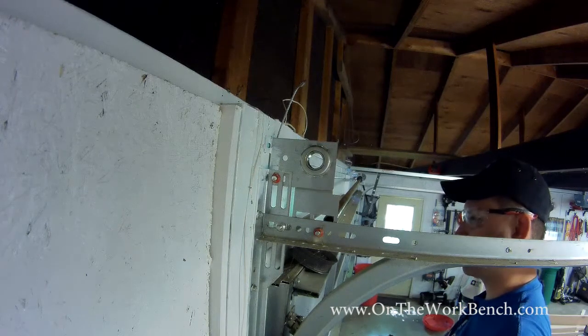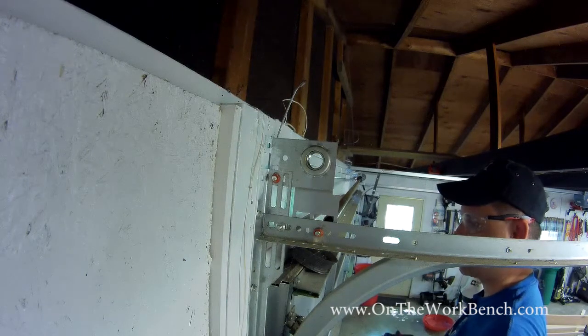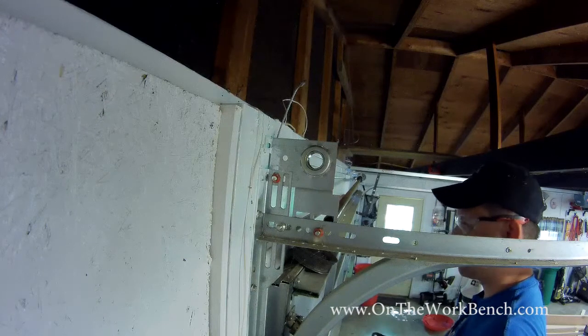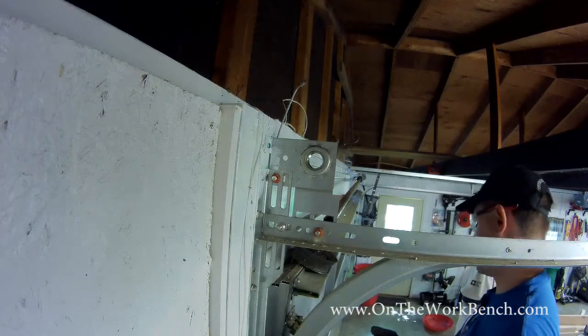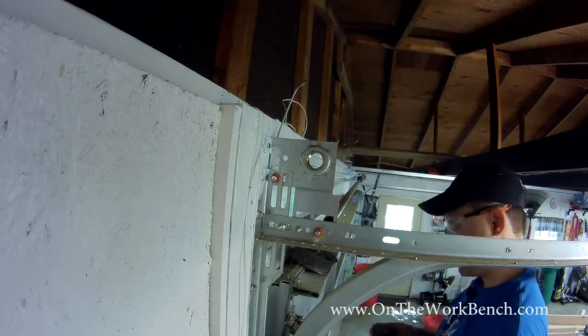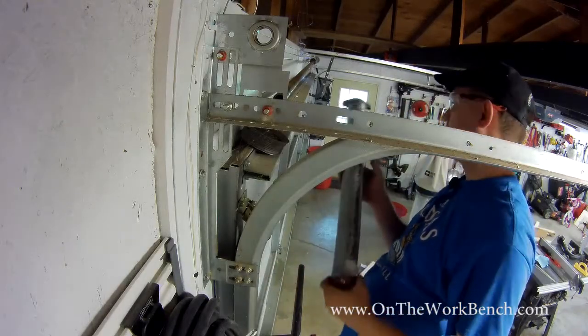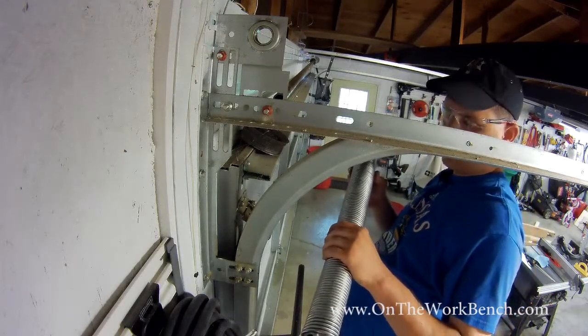So the one I slid off here is on the left side of the door as I look out. So that means I need the right wound spring. The right wound spring goes on the left side of the door. It's kind of a little bit opposite, and we'll get that out of the box and get that ready to go. And now with our other spring out of the box and verified that this is indeed the right wound